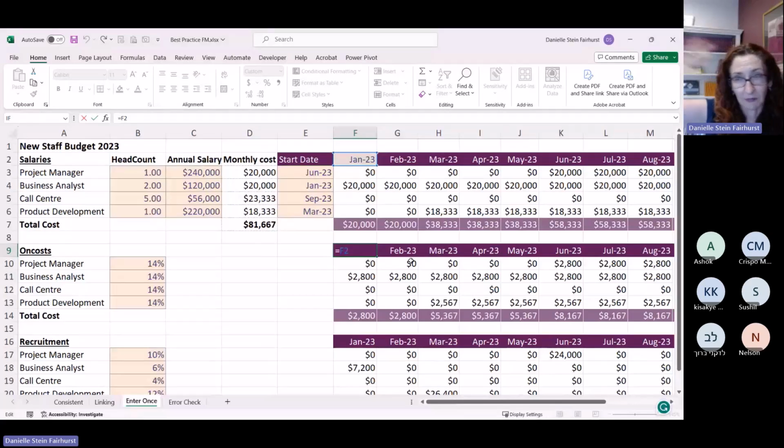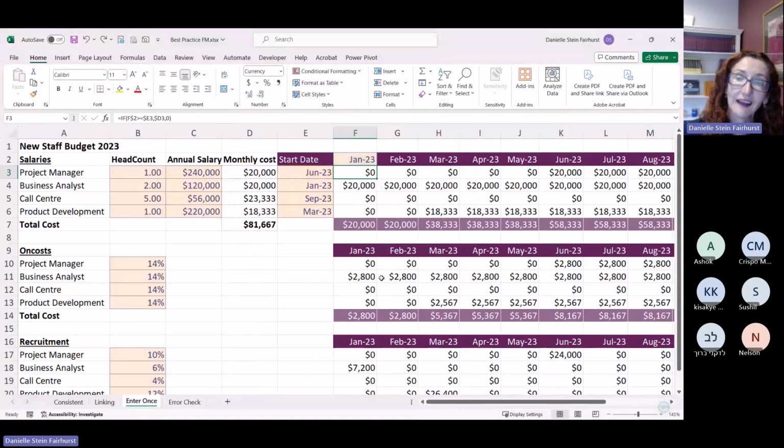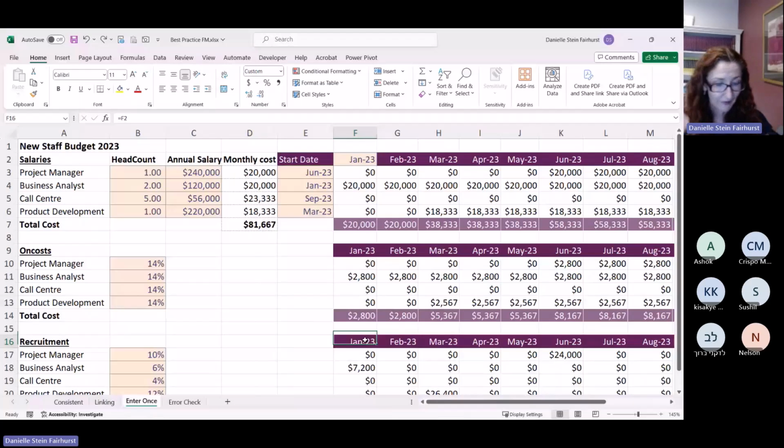So they usually might go out for 12 months, whatever, or 24 months across, and then down as a block. So of course this is consistent formulas, one single formula all the way across, and I've used my dollar signs to do that. And here, this is linking to there, and then this one is linking to the original, because